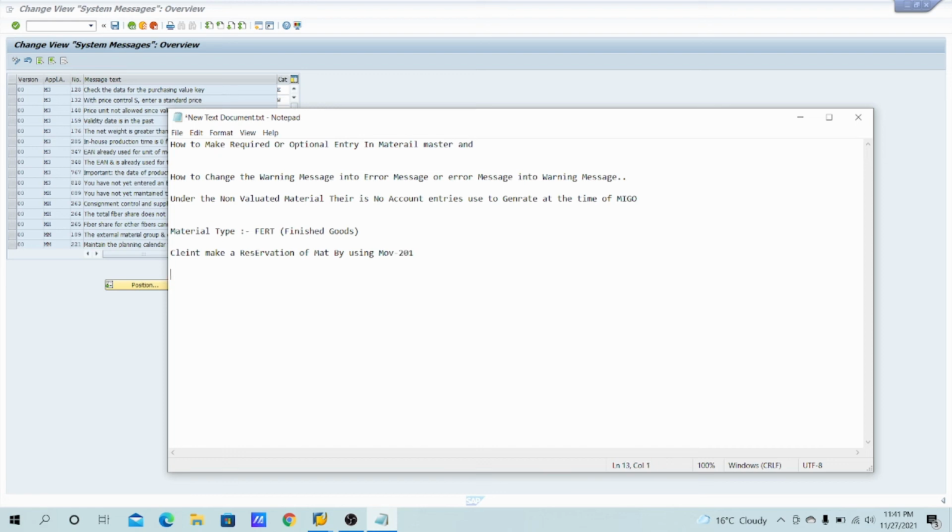Now the client wants to use this particular material. Suppose the material has stock. When you do the MIGO, at the time of MIGO, if you have not mentioned the profit center in the material master, you will get an error message against the reservation.